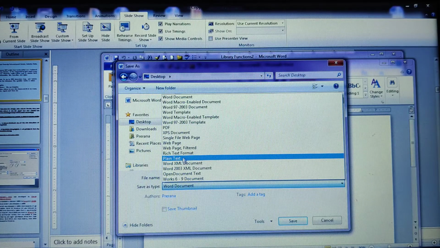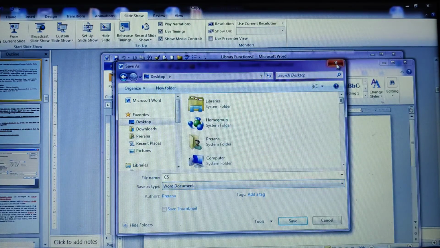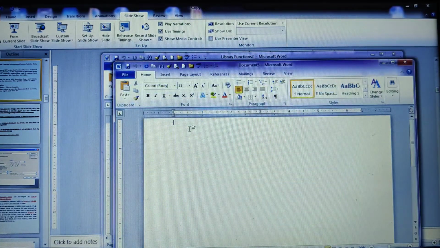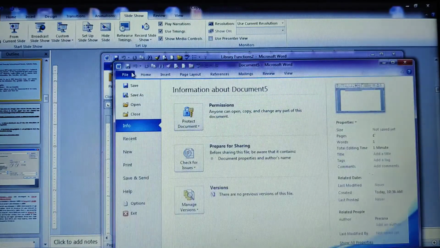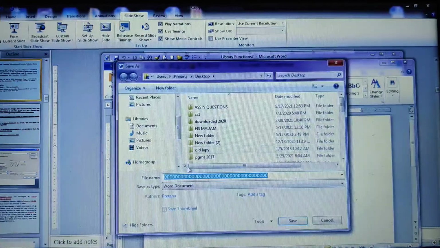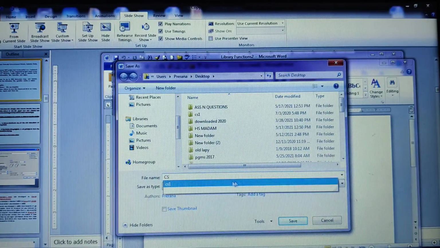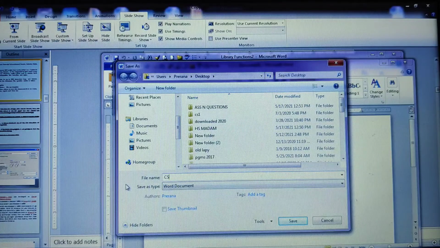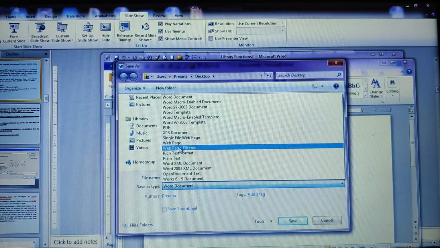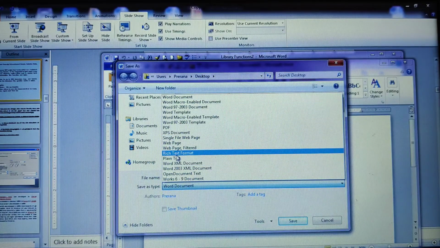Plain text, as I said: suppose you have written some contents and you have applied italics, underline, all these formattings. If you choose the file type as plain text, it will not retain any of the formatting.